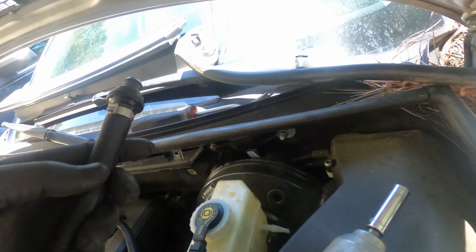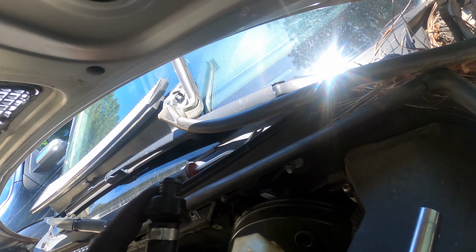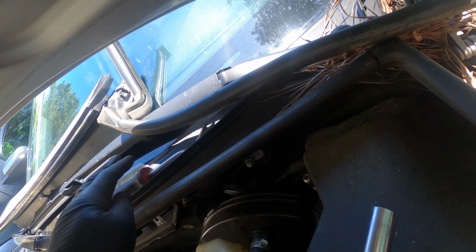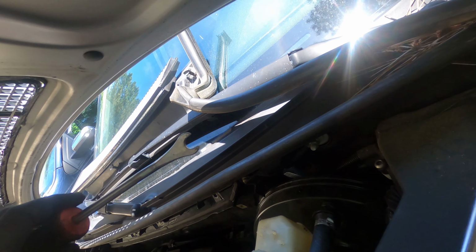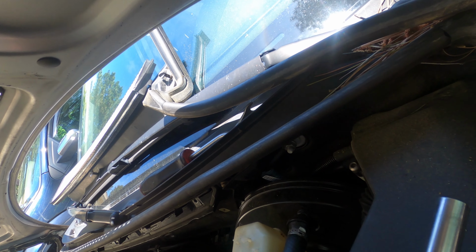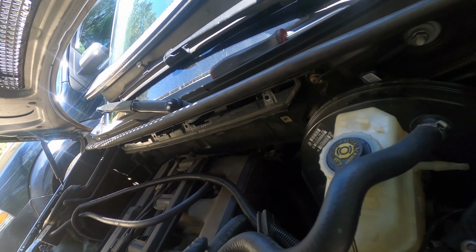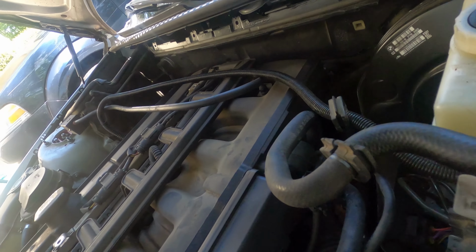In order to pull that out, you have to take the brake booster hose off of the booster itself, the vacuum line. That's pretty easy. I use a panel clip tool to get it off. You can use a screwdriver. It should just pry out of there. It's going to make a pop noise when it comes off because I have vacuum pressure still built up in the booster itself. Once you get that piece out, you're going to want to take your